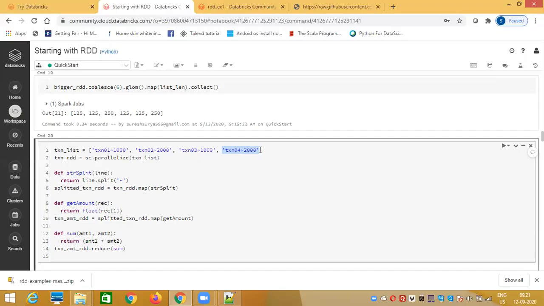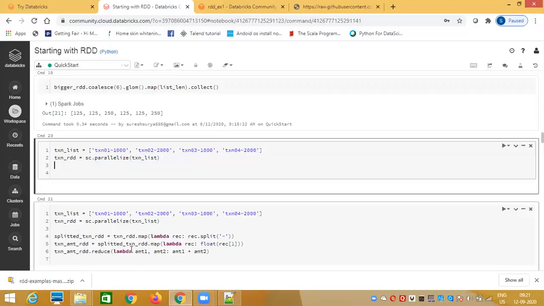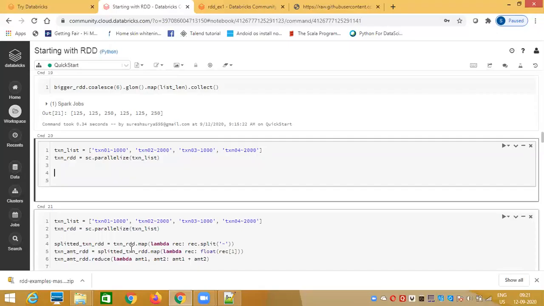What I'm trying to do in this program is find the total sum of transactions in this data set. Say I'm working for a startup. They give me last year's transaction file, sitting in some location, and ask me to read it and quickly tell them the total amount of transactions that happened. So let's write this program one by one. I'm deleting this code, and we'll write the code to find the total sum of transactions.